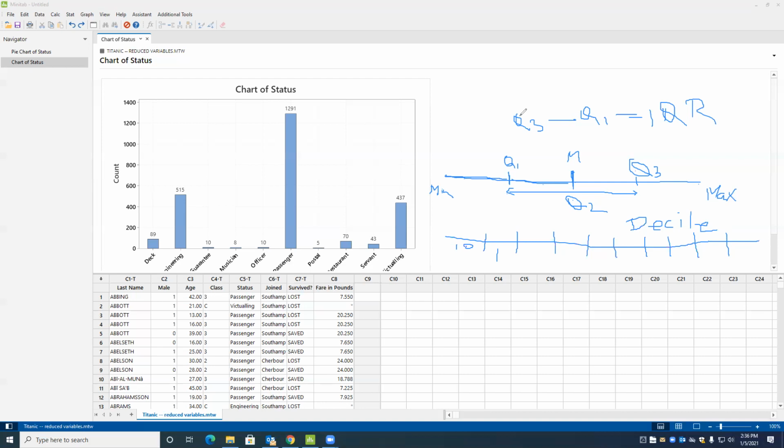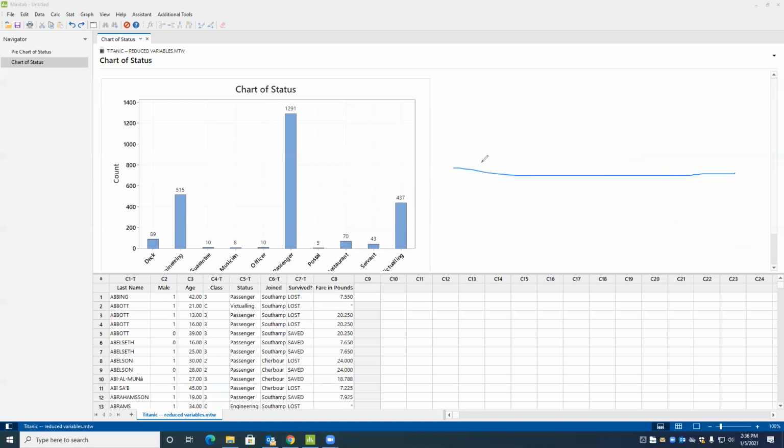And similarly, if I have the data and I divide it into 100 pieces, that is called percentile. What is percentile? Means data has been divided into 100 equal pieces. You have chopped the data into 100 equal pieces.